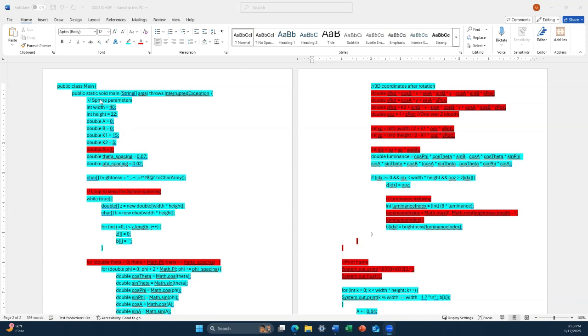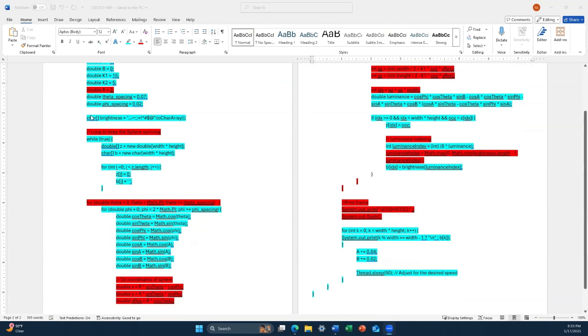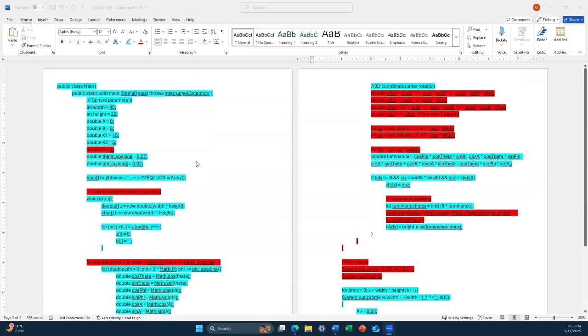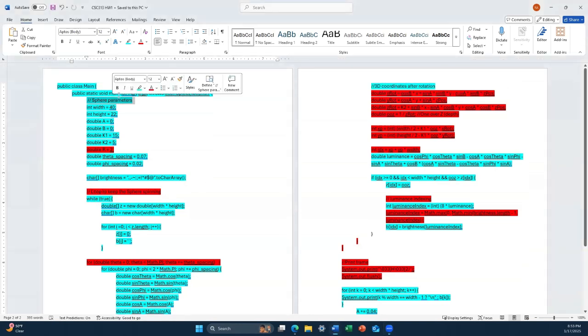But every other parameter is the same, and the character brightnesses are unchanged. The only thing that's different here is that the comments are changed. Technically, this is supposed to also be red because the original one says donut parameters,